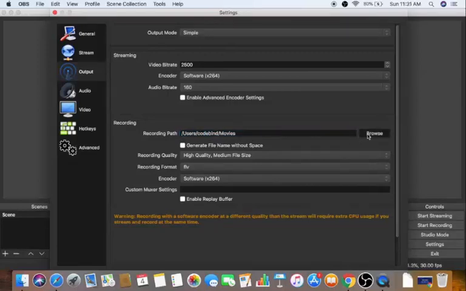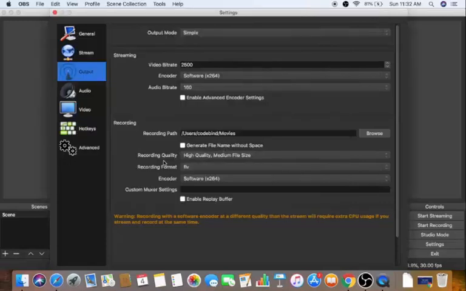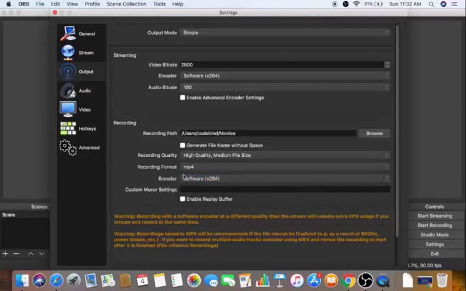So I'm going to click on the browse option, which will open this window on this location, and on the top you will be able to see this movie file which is saved here with the extension FLV file. So the extension for the recording will be .flv, and the name of the file will be the date and the time of the stopping of your recording. So you can see once I close this window, the recording quality is high quality and the recording format is FLV. You can change this format to MP4 or any other format from here.